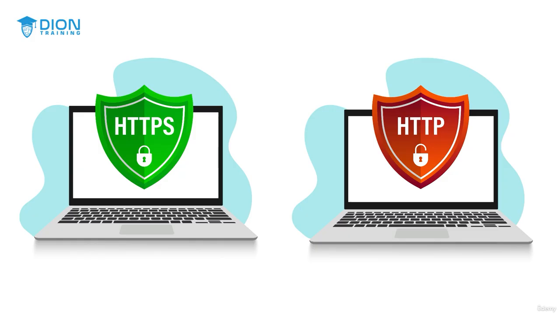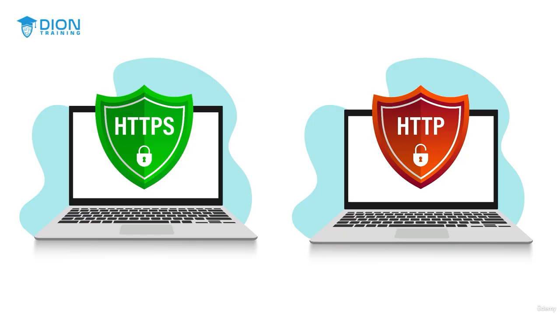For well-known and registered ports, you will find that the default port number for a protocol will also indicate if it is a secure or insecure port and protocol. Consider the example for our HTTP and HTTPS ports. If you select HTTP, you'll be using port 80 by default for your web server, which relies on the hypertext transfer protocol. On the other hand, if you select HTTPS, you will be using port 443 by default for your web server, which will rely on the hypertext transfer protocol secure, which uses encryption to protect the data being sent